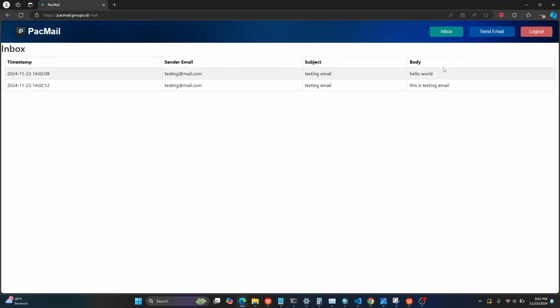Then we can see the inbox has already received it. This is the sender from testing also, and the subject and body. So this is already done over HTTPS, and every service is connected successfully.